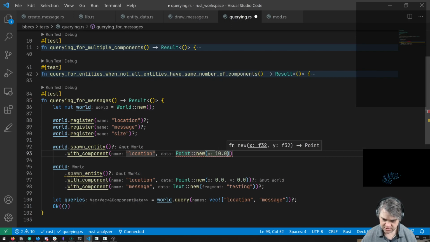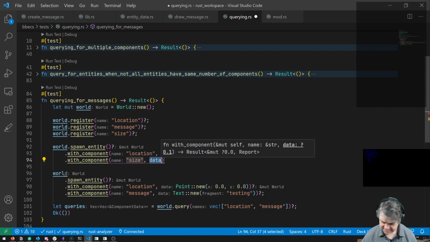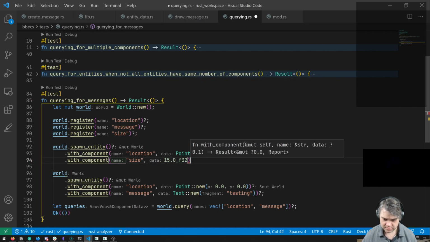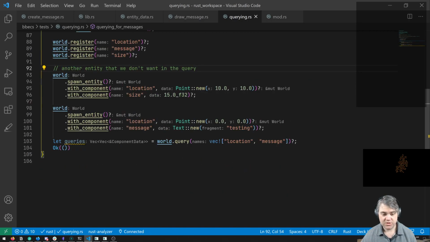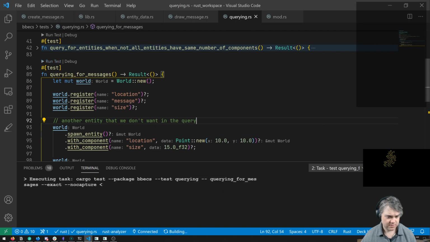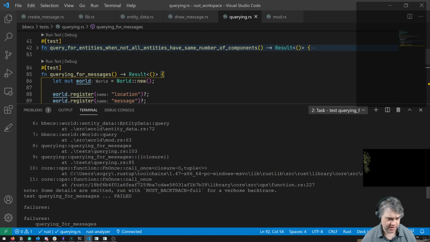You can be like 10.0, 10.0, with component, and then I want you to be a size, and you can be like 15.0 F32. This is another entity that we don't want in the query. So now, do I get a fail? Yes, I do. Okay. So I think it's a bitmap problem.